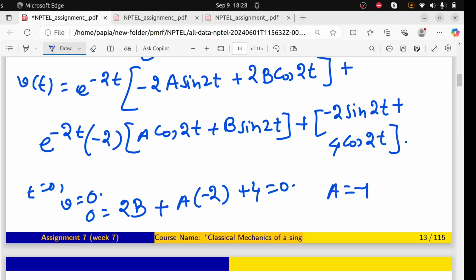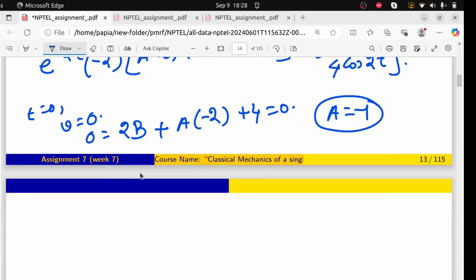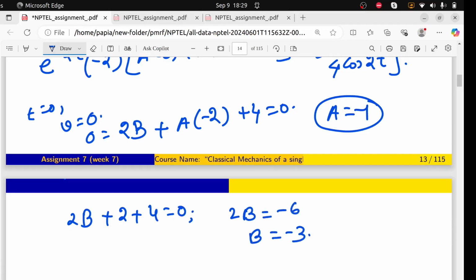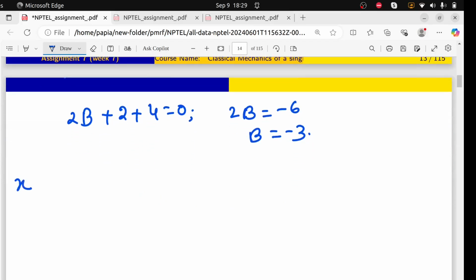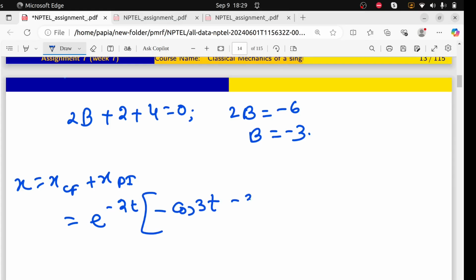A is given as -1. So if I put these values, 2b plus 2 plus 4 equals 0, 2b equals -6, b equals -3. So our x will be XCF plus XPI, which is e to the power -2t, minus cos 2t minus 3 sin 2t